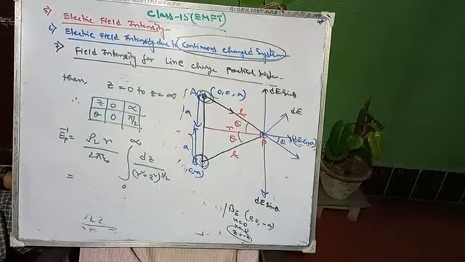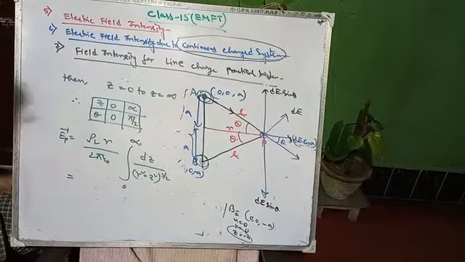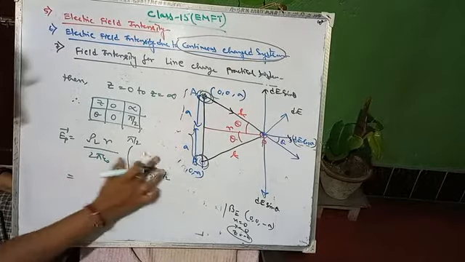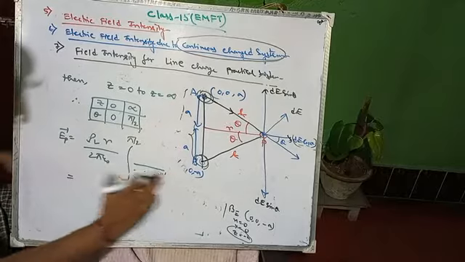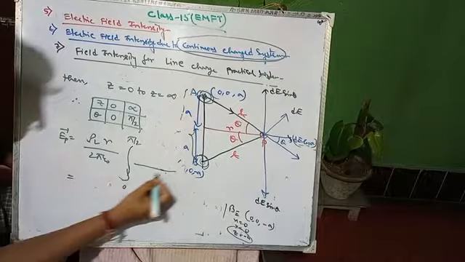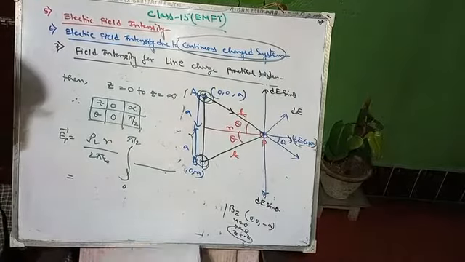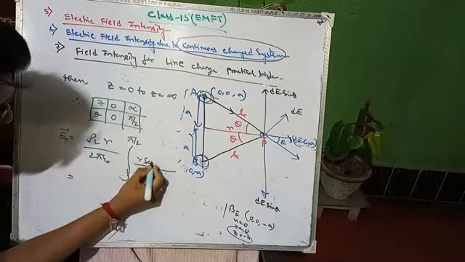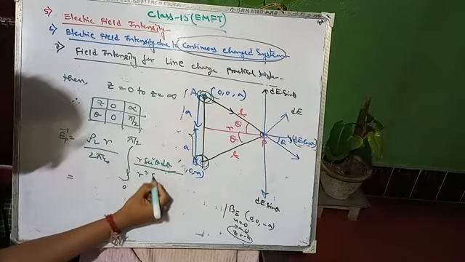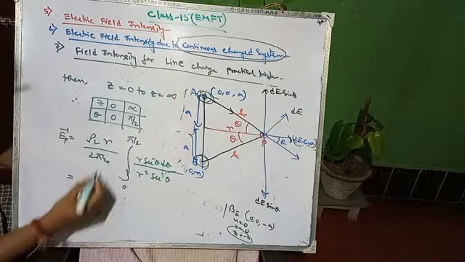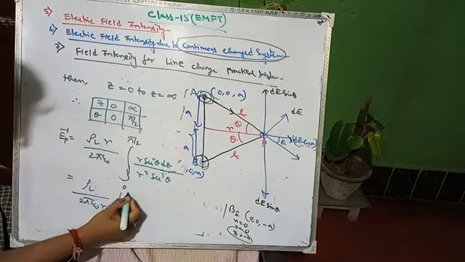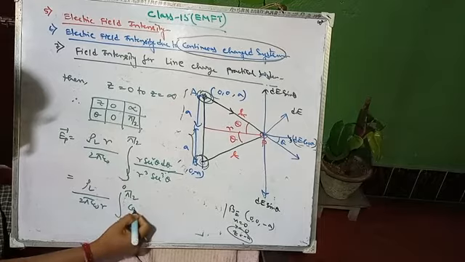So after integrating, or 0 to pi by 2, right? 0 to pi by 2. So dz will be how much? Actually we have to find this limit, we can directly put it. So it will give r sec square theta d theta, and similarly the denominator was r cube sec cube theta, right? So by calculating again, rho L by 2 pi epsilon naught into r, integration 0 to pi by 2, that will be cos theta d theta.